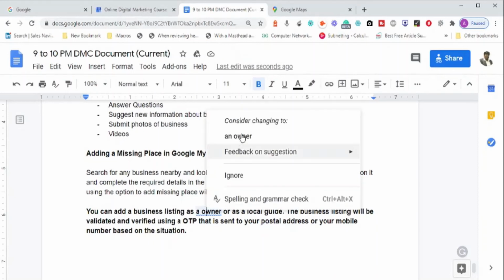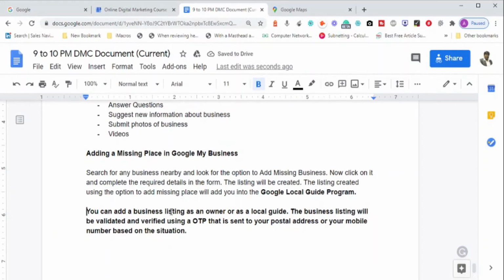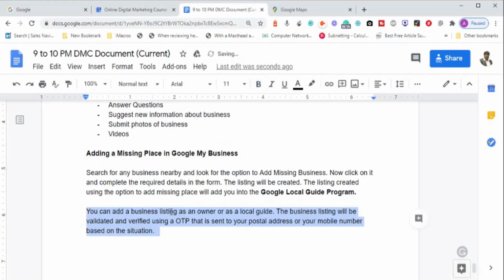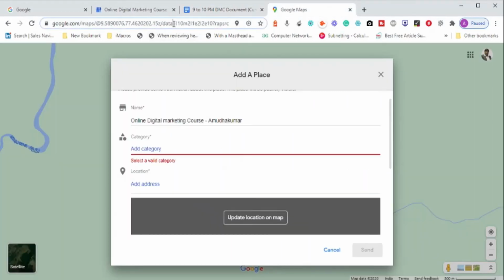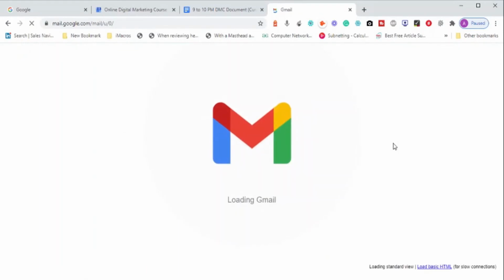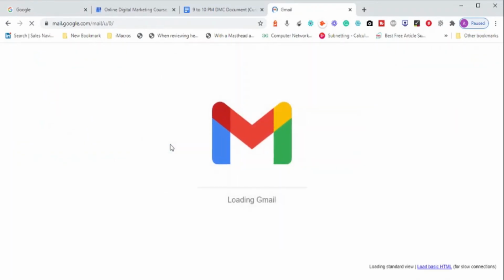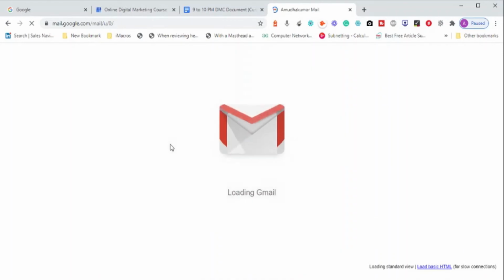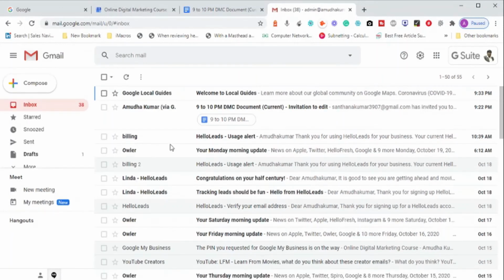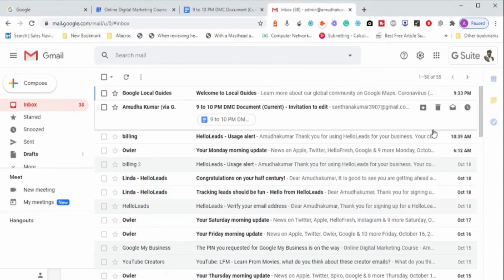So because the local business listing is created, I have created this local business listing as an owner in front of you around a couple of days back. Now what happened when I go to Google with gmail.com, the account which I have right now, Google has sent me an email stating that the verification code for your business listing is on its way. Which means I can expect this postal code to be sent to my home.